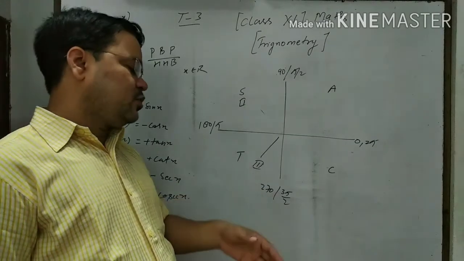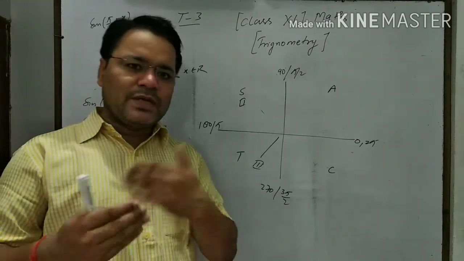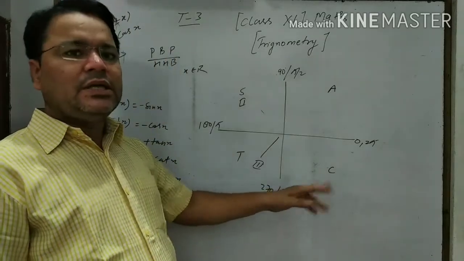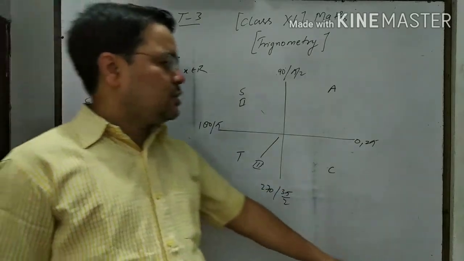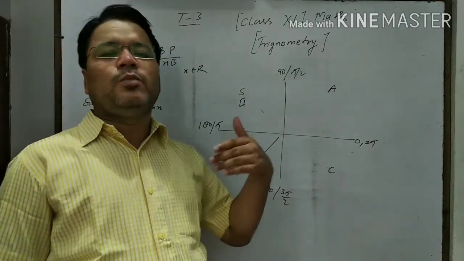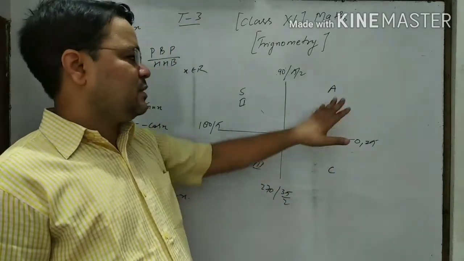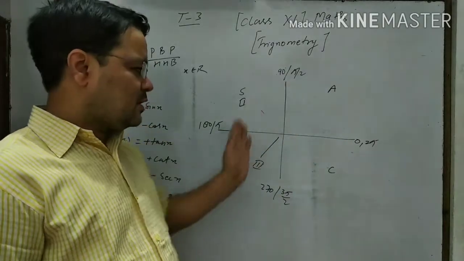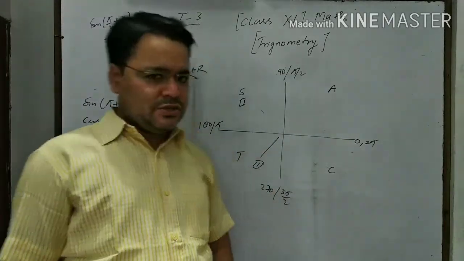If we are talking about sine of 3 pi by 2 plus x, then it will be the fourth quadrant. Similarly, for sine of 2 pi minus x, it will be the fourth quadrant, and for 2 pi plus x, it will be the first quadrant, and according to that the formula will change. Okay,